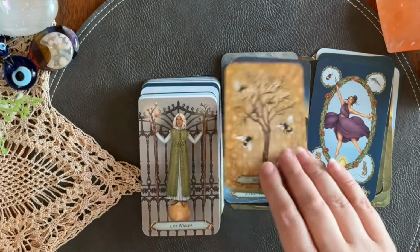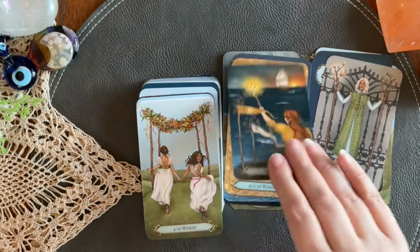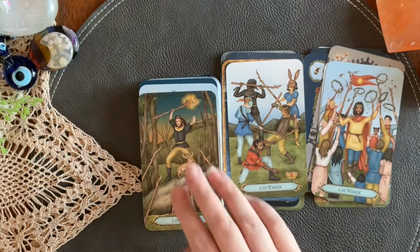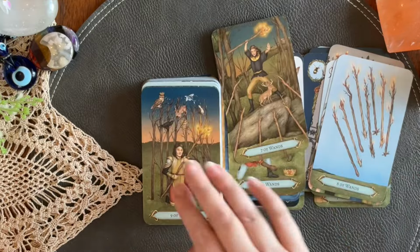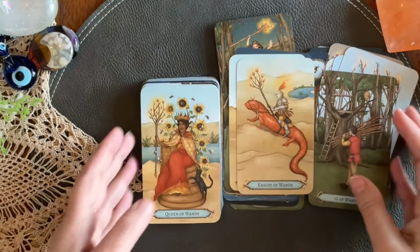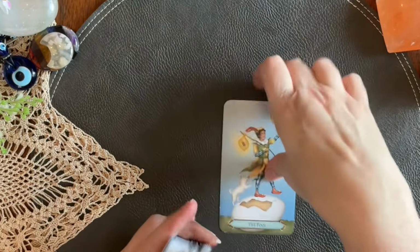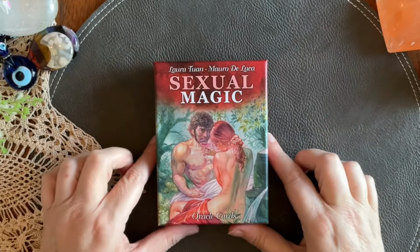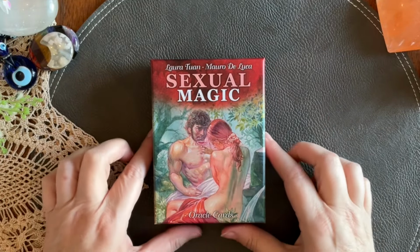I really love all the blue and the yellow in this deck for some reason. It's just very appealing, the way the color palette is. So I'm really looking forward to playing around with this, and I'm sure everybody has seen this one a million times by now. Another deck I got in from Llewellyn's sale was the Sexual Magic